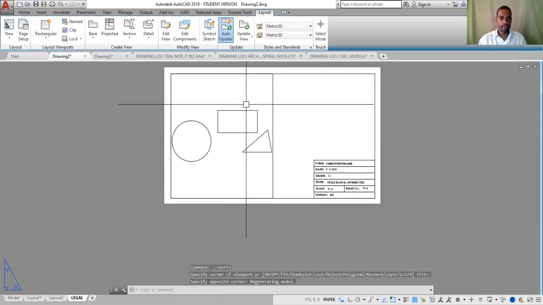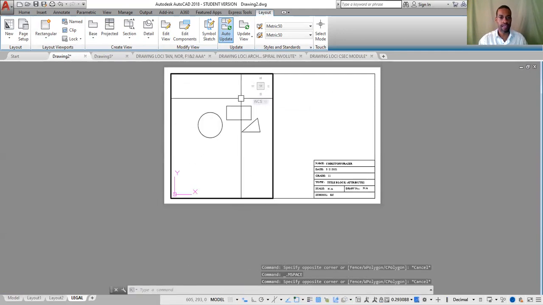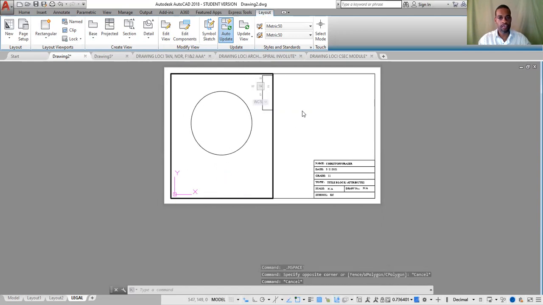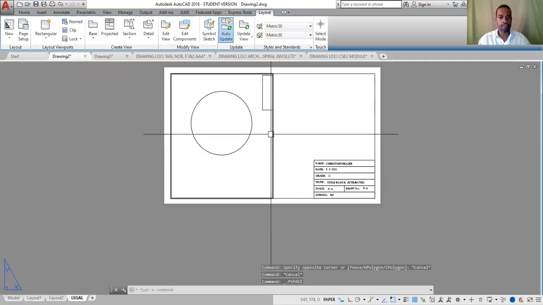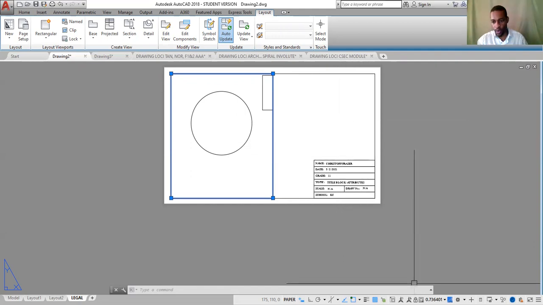This pops up. You could also scale this from here. Click 2 times into this to scale it, whatever you want to scale it to. To scale it, you can click outside, click onto this. You can scale this by one of 2 ways, well, 3 ways. You can scale it by clicking on the viewport. You could also scale it by properties, by clicking the viewport, right click onto properties and scale it from there. You could also scale it from down here